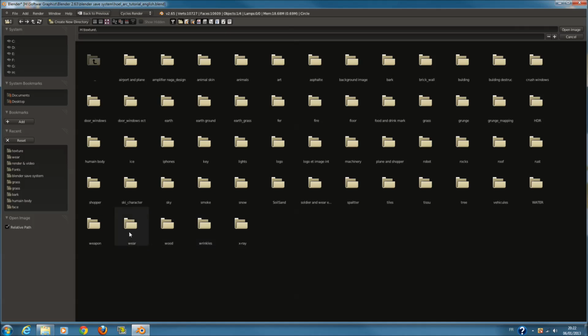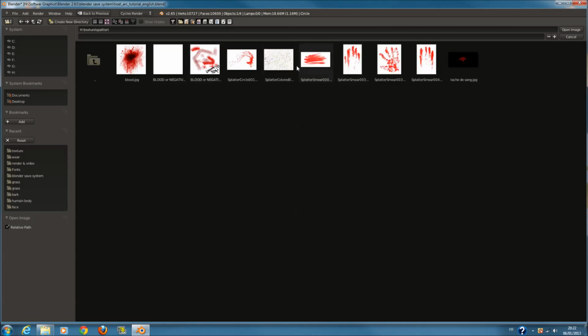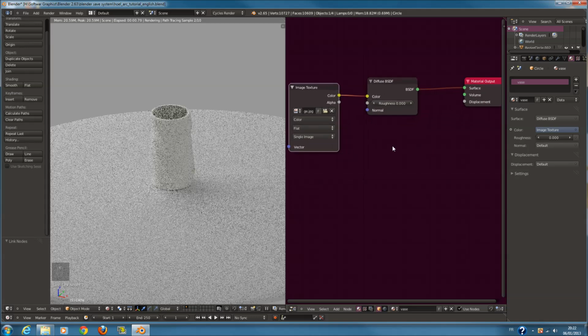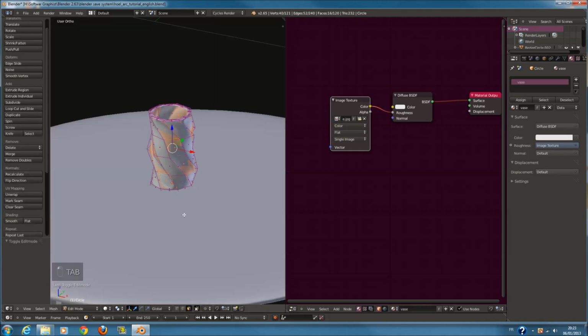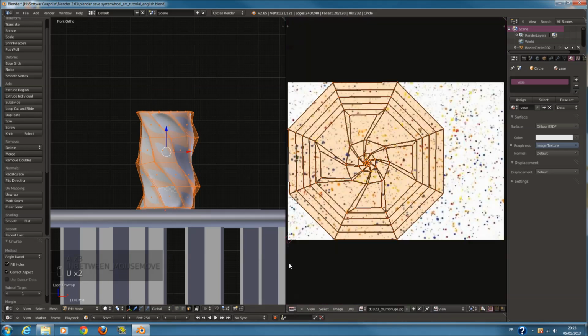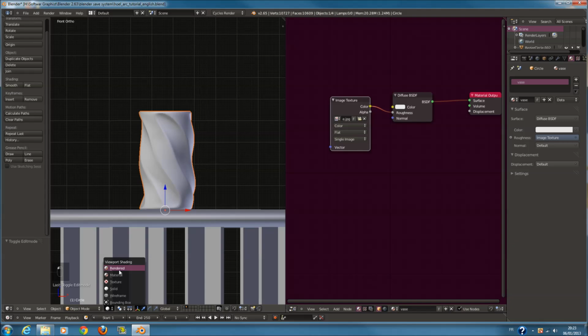So spelter isn't here. Oh yeah, spelter. I want this kind of spelter, so spelter colored 23. So add this color, move this here. Oh yes, and I forgot to add in UV unwrap. So add in UV unwrap. So go to the UV editor, UV unwrap. It's perfect. And return to the node. Open the rendered,